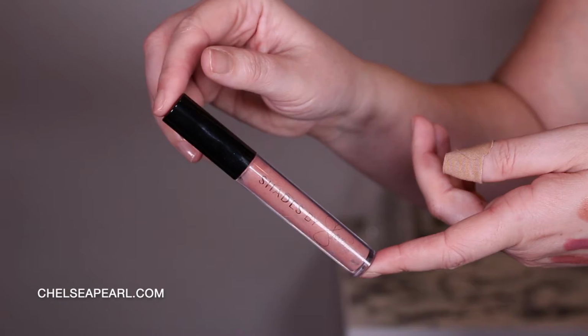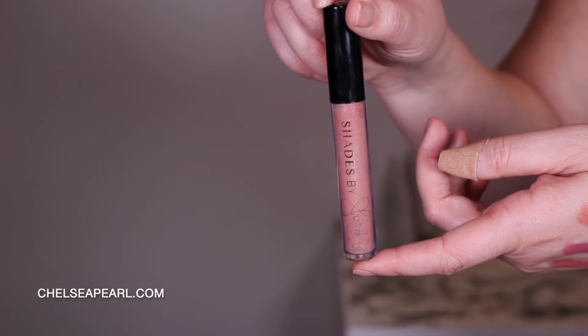The rest of the empties are lip products. First is the Shades by Shan lip gloss in the shade Champagne. You can see it's totally dry at the bottom. I have a ton of Shades by Shan glosses. I'm actually wearing a different gloss today from Shades by Shan. It's the shade Erica over top of a Winky Lux lipstick, and it just gives that perfect level of shine